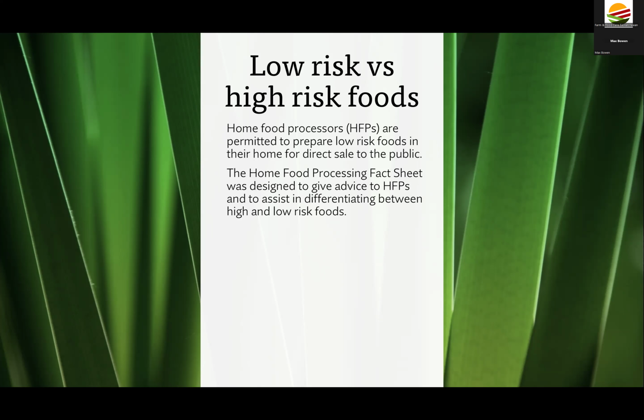I have a list of pretty much everything coming up that would be deemed low risk. Higher risk foods would be anything like obviously meats, dairy products, fish, stuff like that, right? Anything that has to be refrigerated would be considered a high risk food.